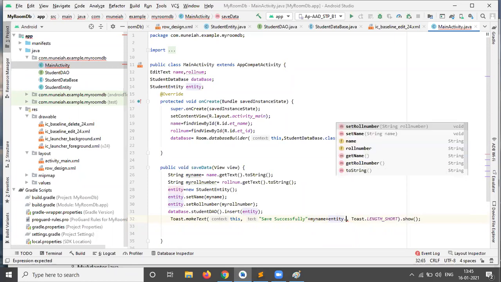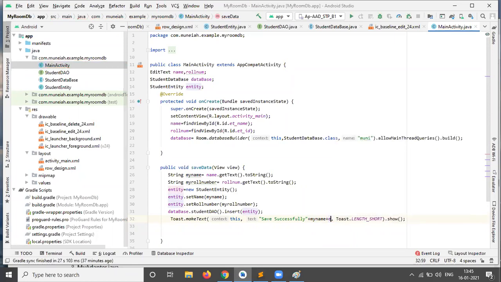You can just display my name. Then retrieving time will come from the database. By this process we'll save the data. Once we run the application, we need to check whether it is working or not.